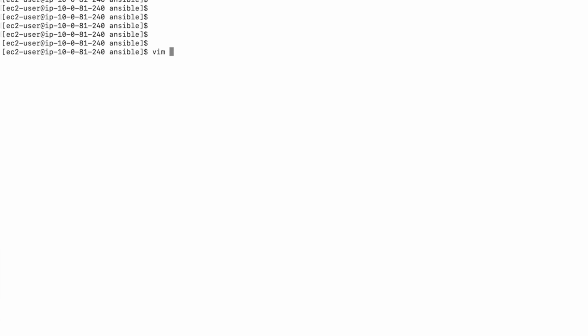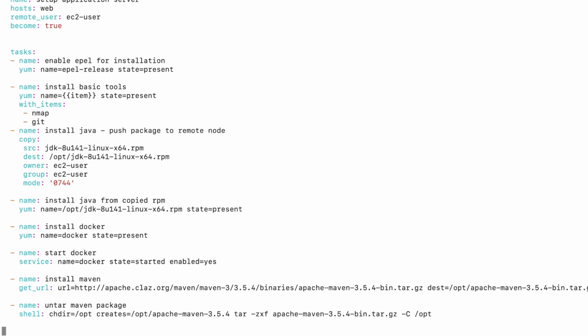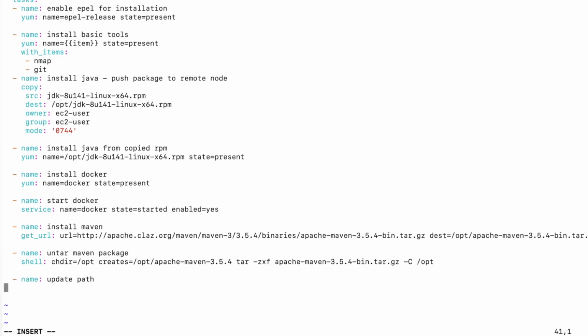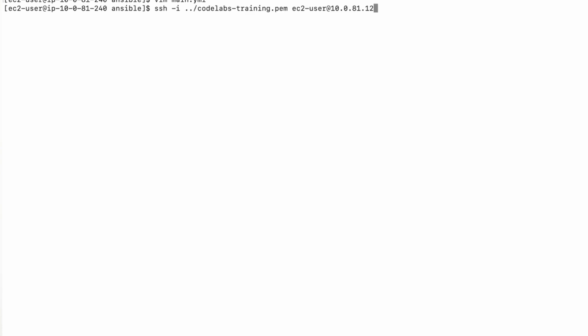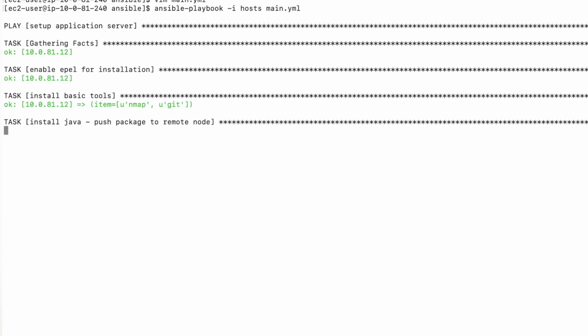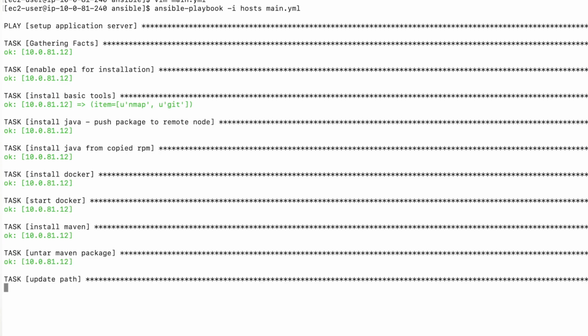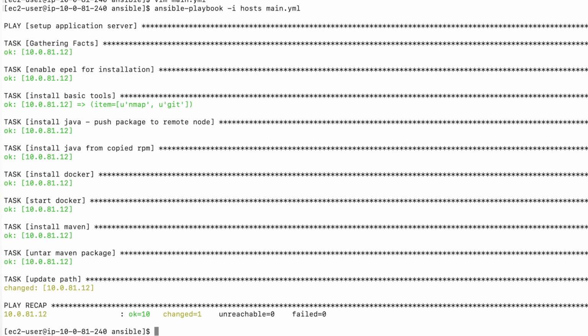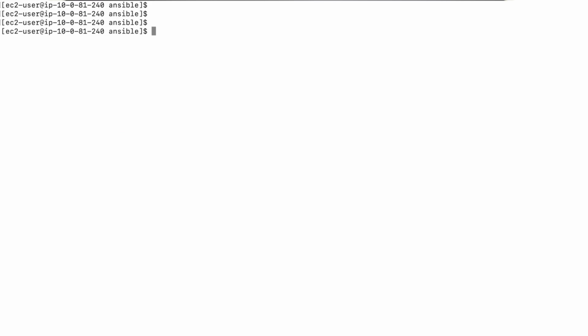So I'm going to this one, right? To update the path, you have multiple ways to do that, but I'm going to use a very simple way in this demonstration. I want this to go to /etc/environment. Okay, see what happened. Okay, so let's execute this command again, and you can see now all the tasks will come as okay, because nothing is modified in this playbook except the last one. Okay, looks like it's updated the path,